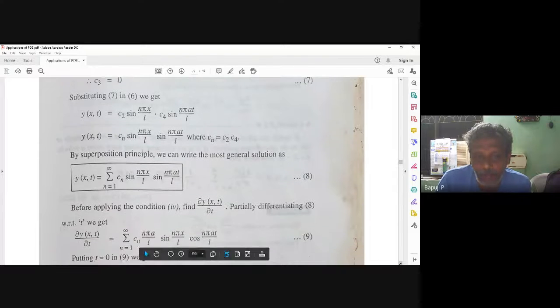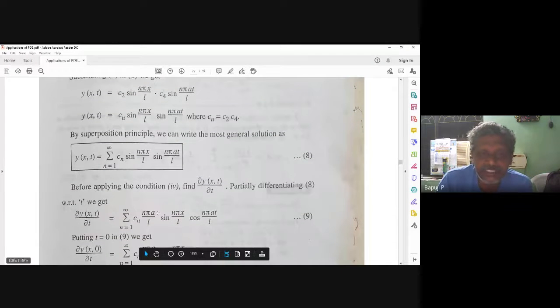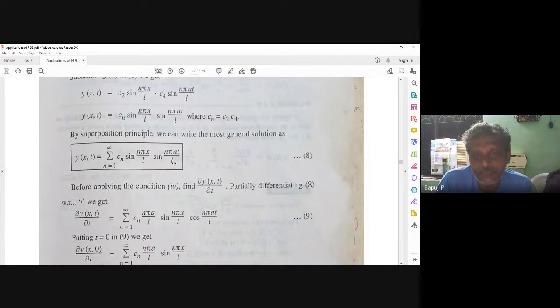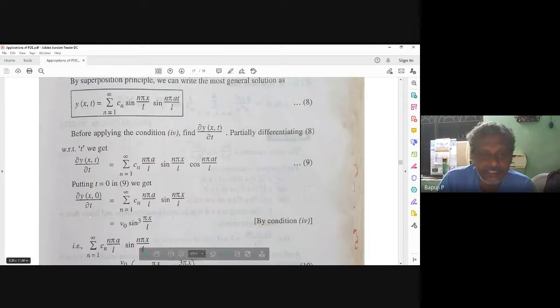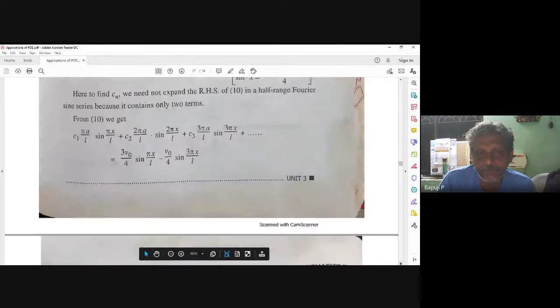Now, after that, I will go on. This was actually for the sine problem I was doing. Then I will go for our problem. Our problem becomes what now? You can differentiate dou y by dou t with respect to t. If you differentiate, what will you get? This factor is constant. The differentiation of sine is cos n pi a t by L into n pi by L. Correct or not? So this whole factor I will call Bn. Now my equation is equal to 0, which means B naught sin cube. But I will come back to this problem.